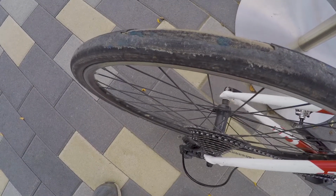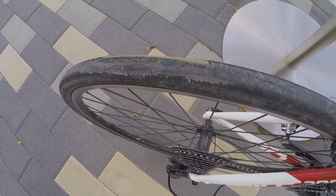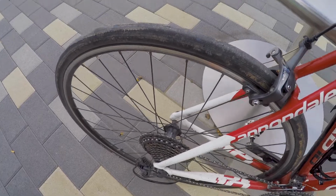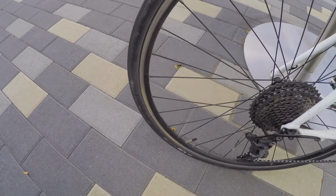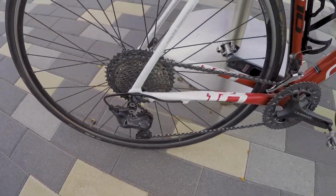Alright guys, so today I'm going to change the back tyre on my Cannondale CAAD Head and road bike. It's a Maxxis Refuse 28mm tyre. As you can see, it's about past its use by date now. I've done a lot of gravel riding and riding on limestone and stuff lately, and that's really just trashed the